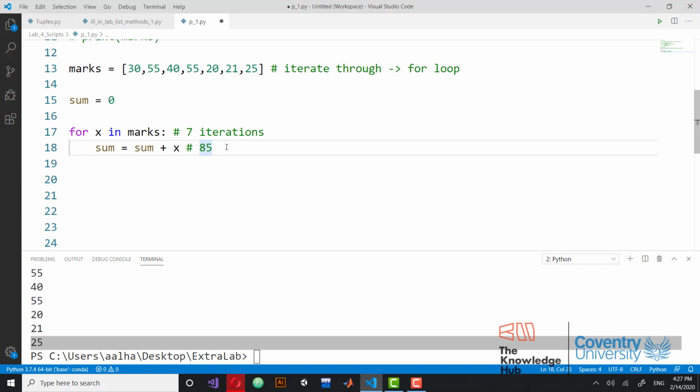Python goes to check if there is another line inside the for block to execute. There is no other line, so it goes back to the for loop header, and it checks the third iteration where x is going to be equal to 40. So it goes inside the for loop block. The previous sum, from the second iteration, was 85, plus the new x, the third element, which is 40. The result of this is going to be 125,